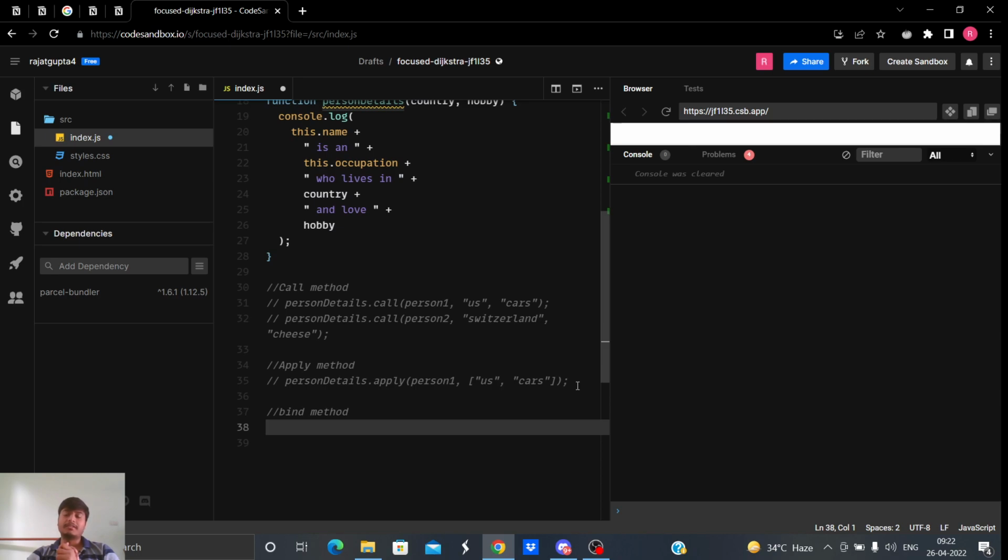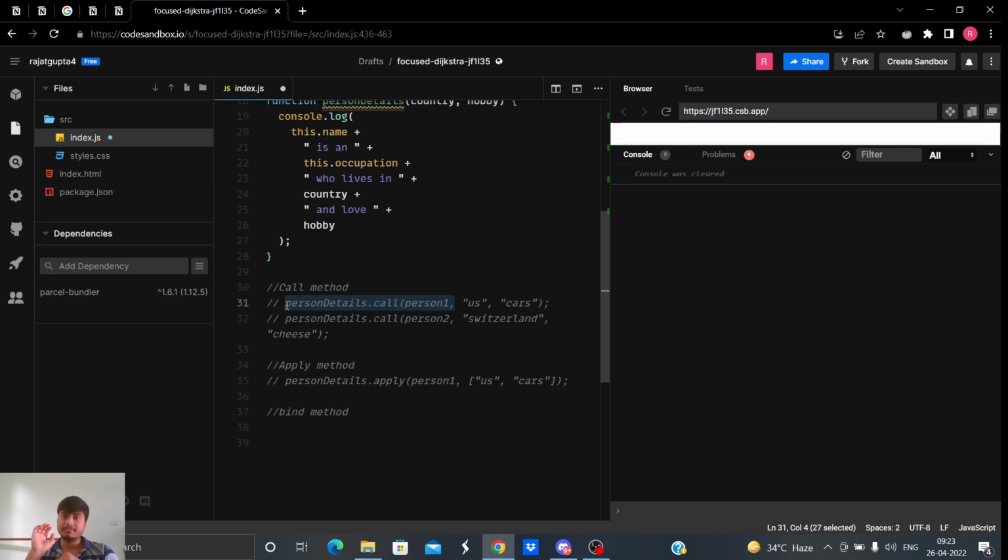In the call method, we call that particular function immediately. We are calling this person details function with reference to person 1 right at that place, immediately when we write it. But in the bind method, we make a copy of this function to be called at a later stage.